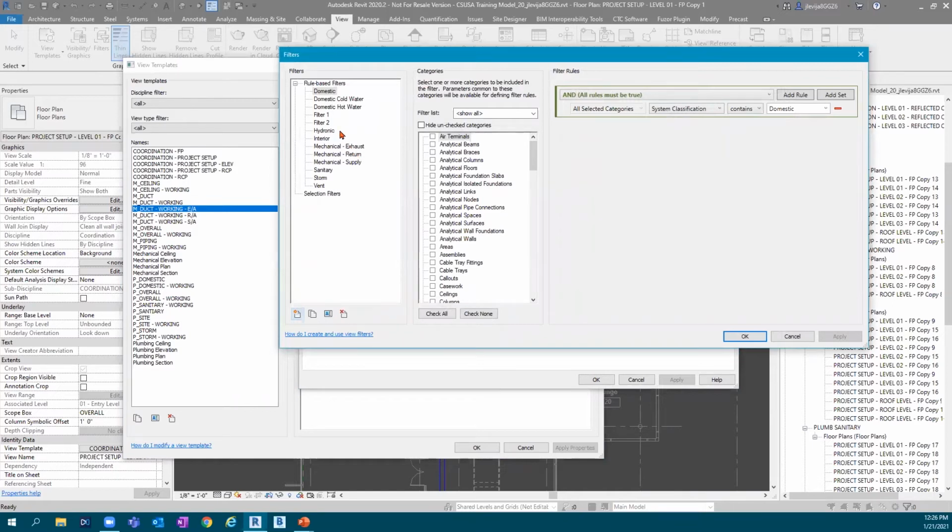Now, when I was talking to you guys about having some of those additional parameters out here, this is where we have work sets. We have URL information, type name, type mark, type comments, IFC GUID. We've got some of that information out here, even manufacturing and such like that. We get the option at that point to